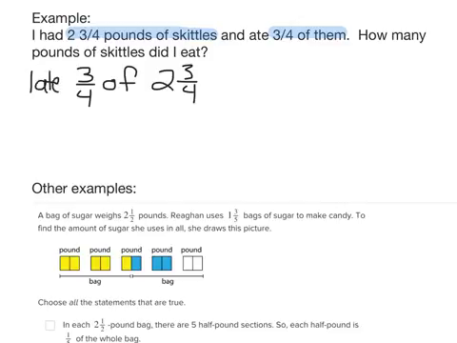So to find out what 3/4 of 2 3/4 is, that means you're going to multiply. So that means we're going to do 3/4 times 2 3/4, because the word of means multiply. Now we're going to go to our steps. If I'm multiplying with a mixed number, I'm going to turn that to an improper fraction first. So I remember that to turn it to an improper fraction, I multiply